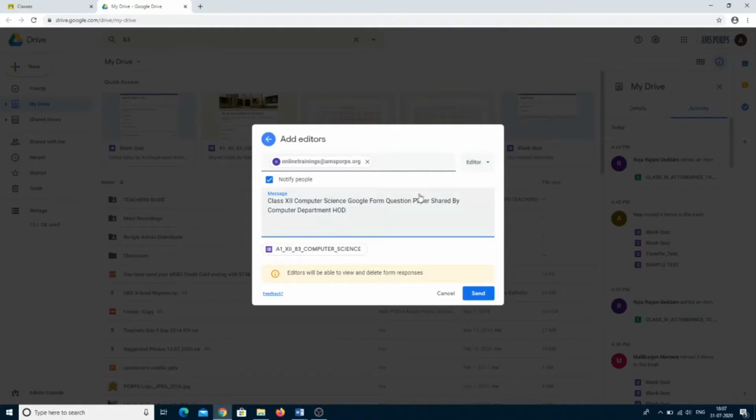So you can put some message in editor mode, we need to send and notify people. We are putting this message and click on send.